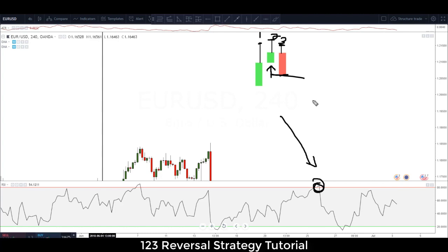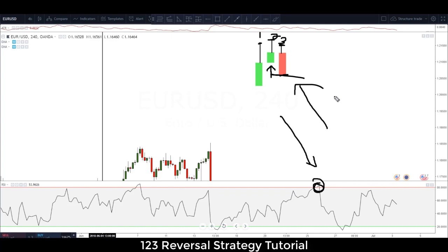We're going to be using the same settings on the RSI, but we're going to be using two different entry reasons. Some pairs work better with this entry reason that we just discussed, and other pairs work better with the other entry reason that I'm going to show you as well. I'm also going to give you guys my favorite pair for that entry reason, but let's go ahead and dive